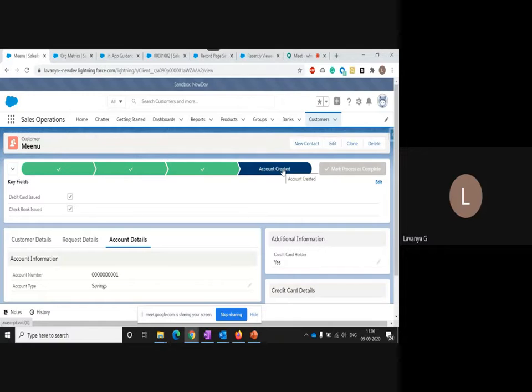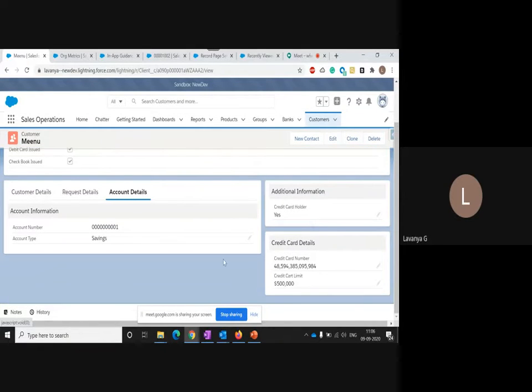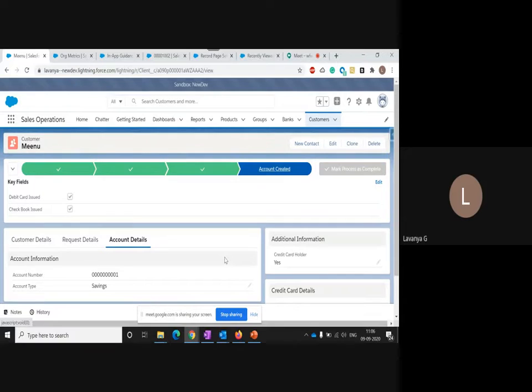When it is account created, I want to only show the new account action button, so that is the reason it is changed. These are all the things we could achieve through dynamic forms. If you want to do something extra, you can do it. Are you curious how we can achieve this through dynamic forms?